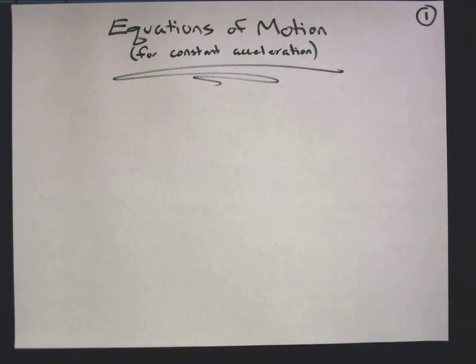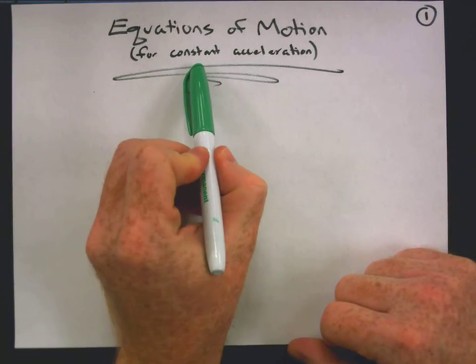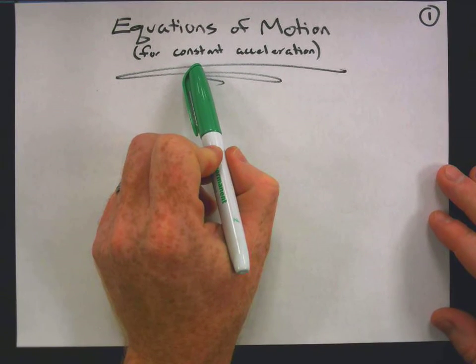Here in this video we are talking about the equations of motion, specifically when acceleration is constant. And that's really important to remember. In this class we're not really going to be dealing with changing acceleration. Acceleration does change from time to time. It happens in real life all the time. But for what we're studying, we need to remember that our acceleration will be constant in the situations we're going